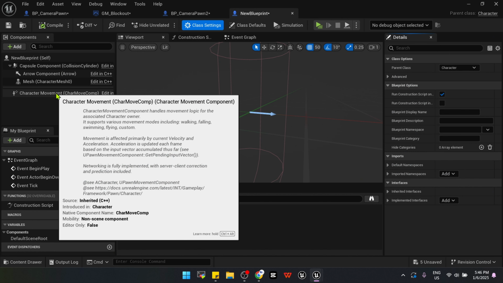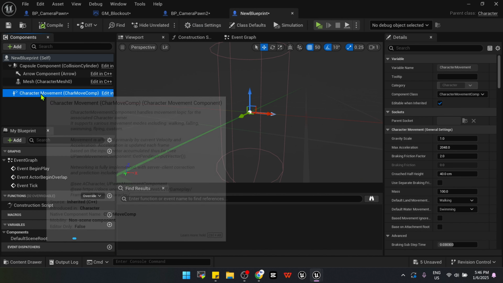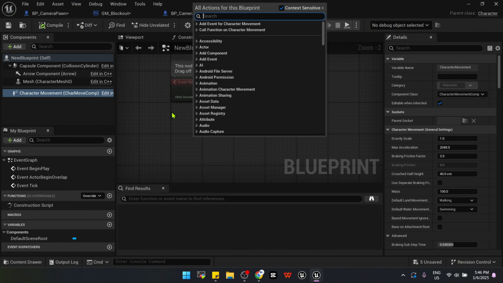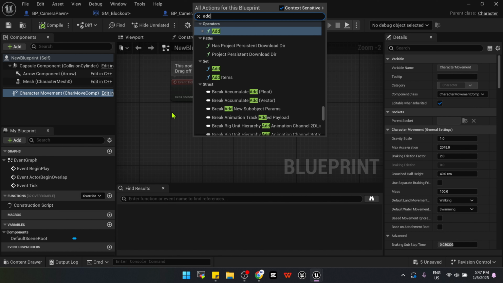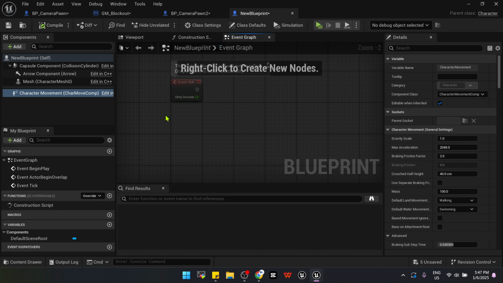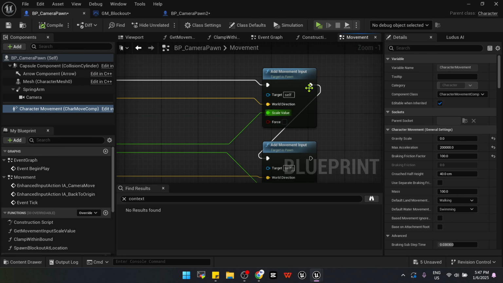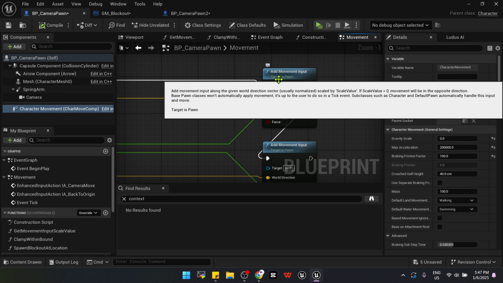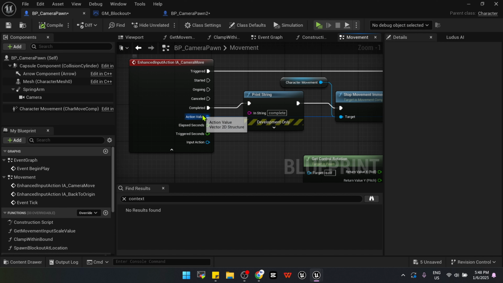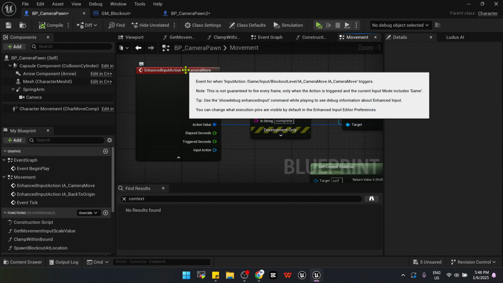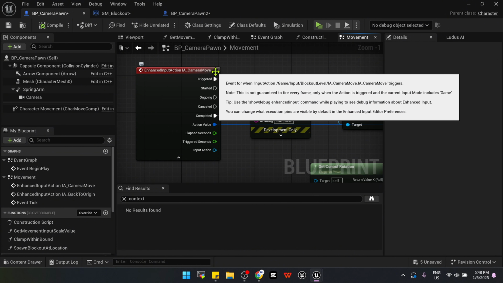So therefore, it just automatically gives you a character movement, and because of that, you are able to use, I think it was called, add, what is it called? Add something input. Let me see where it is at. I think it was this one. Add movement input. Okay, so now let's talk about what we got, like the output of this enhanced movement camera move once